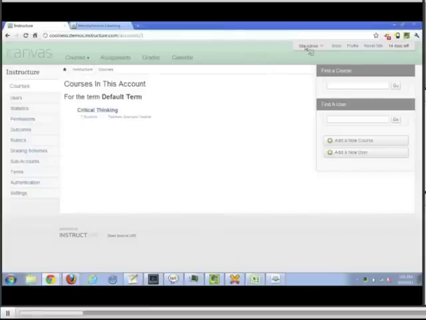So right now I'm signed in as a site administrator. These sandbox accounts let you quickly switch between admin view, teacher view, and student view. It just basically logs you out as an admin, logs you in as a teacher, or logs you in as a student. So only administrators can manage account level settings, which for our purposes is probably the best place to